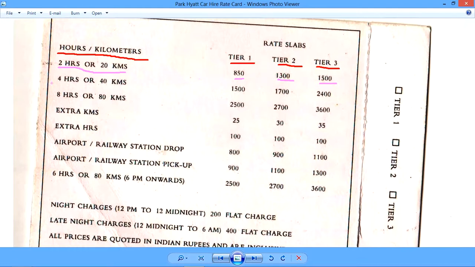Similarly, we have another slab, either hire for 4 hours or for 40 kilometers, whichever suits you, and the three types of rates. And then we have 8 hours or 80 kilometers, and then we have three rates here.